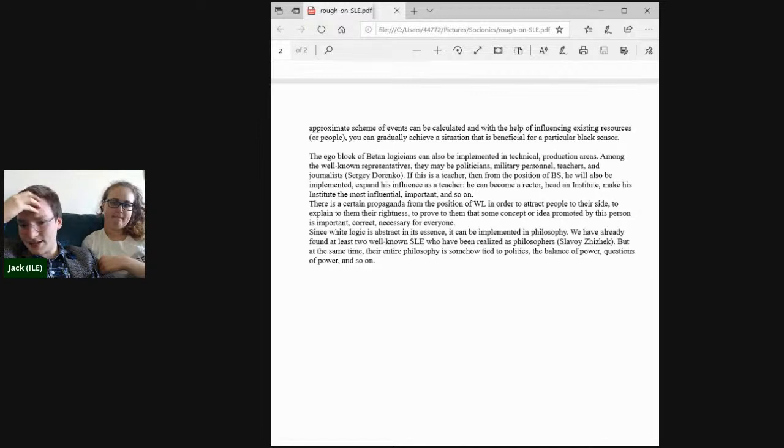That doesn't necessarily be the case, but I don't know. Let's see. Since white logic is abstract in its essence, it can be implemented in philosophy. So you have already found these two well-known SLEs who have been realized as philosophers. Slavoj Žižek, they typed SLE, interesting. But at the same time, their entire philosophy is somehow tied to politics, the balance of power, questions of power,